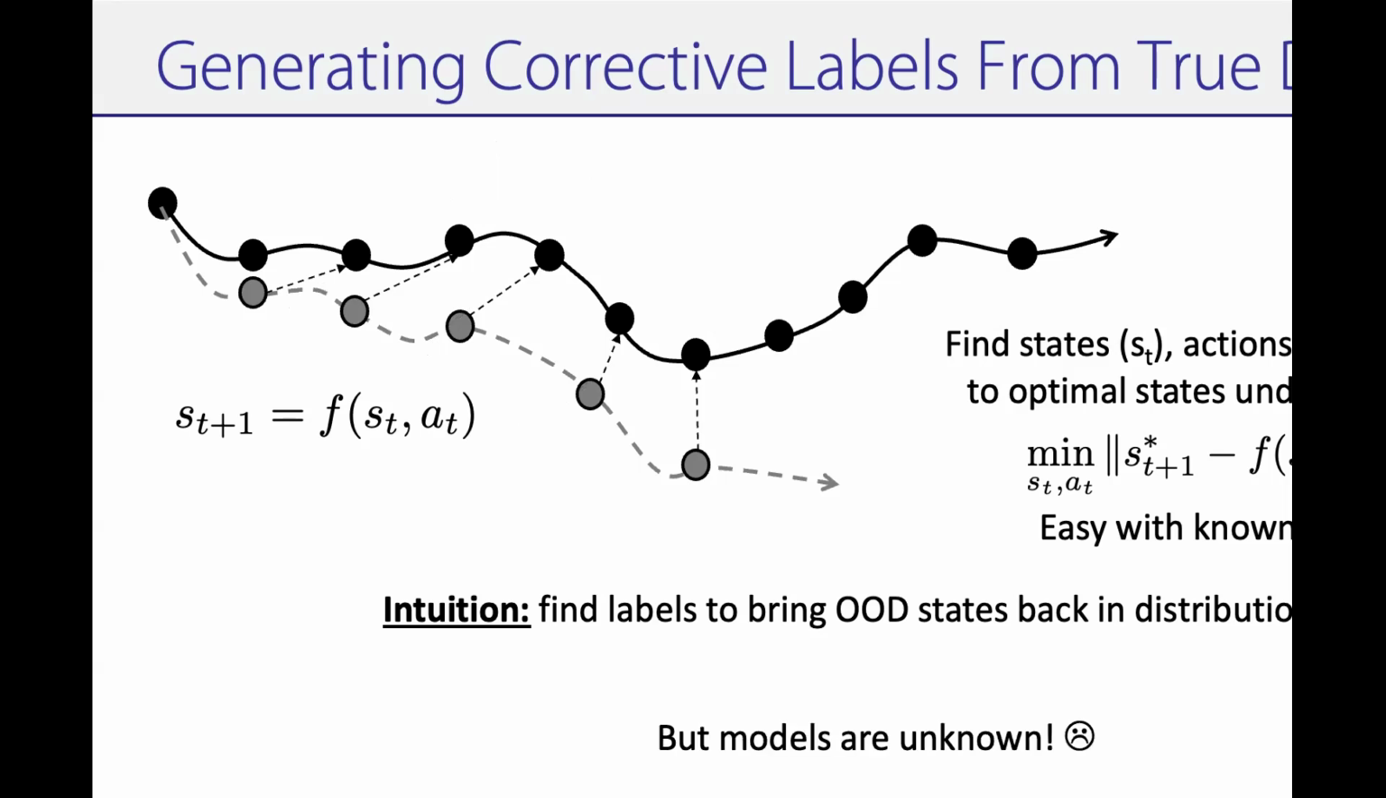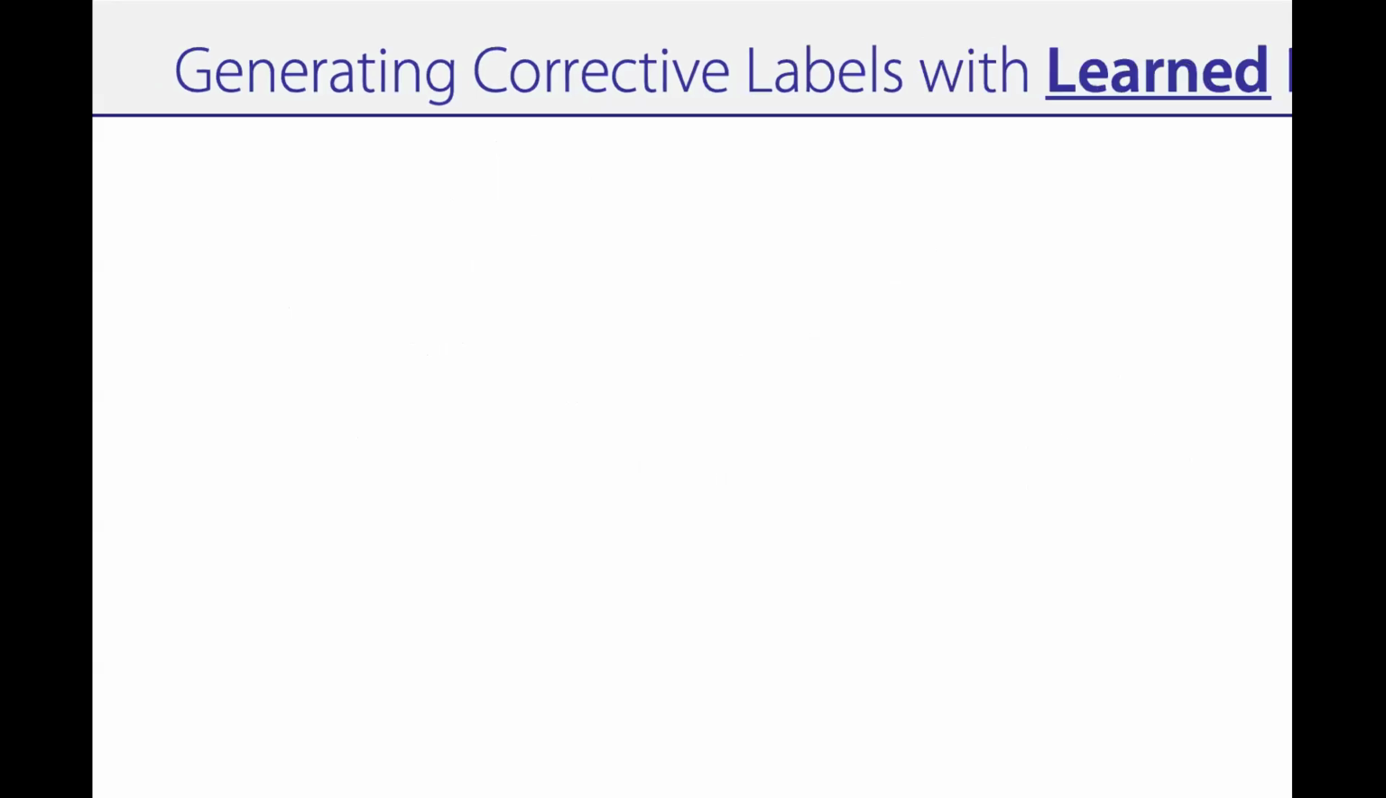The challenge is nobody knows F, right? F is unknown. If we knew F, we could do lots of things. So the setting we're going to consider is that we don't know F, but you want to use a function of how the world works to synthesize S's and A's that bring me back to optimal data. Okay, so